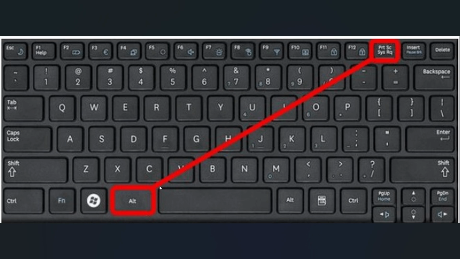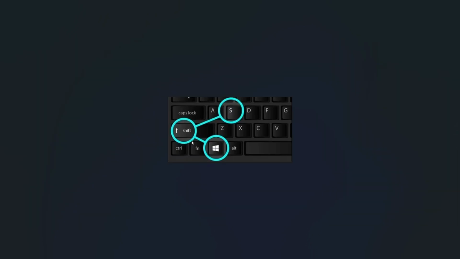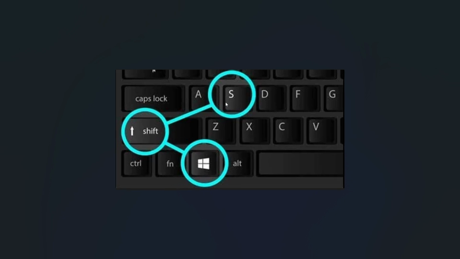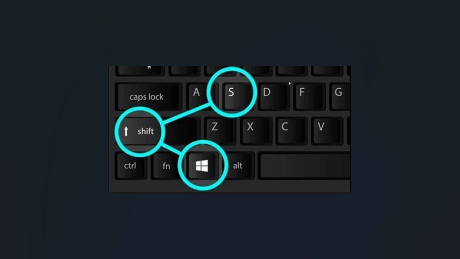For more control, press Windows key plus Shift plus S. This lets you select a specific area, window, or the entire screen, and the screenshot is copied instantly. And that's how you take a quick